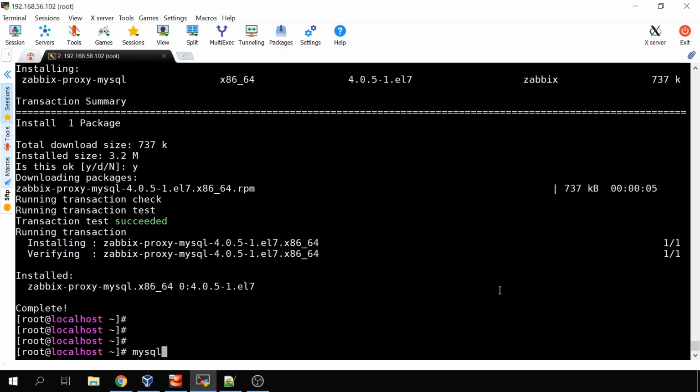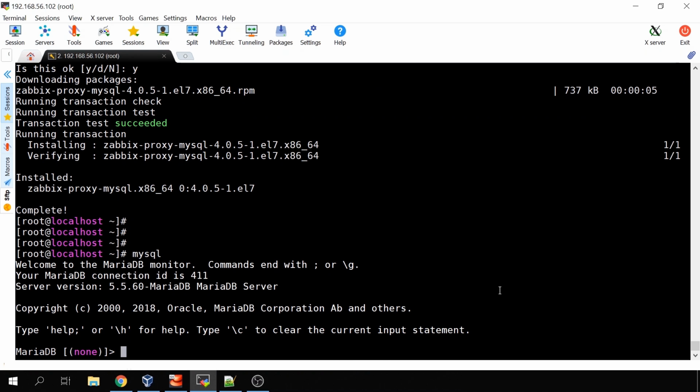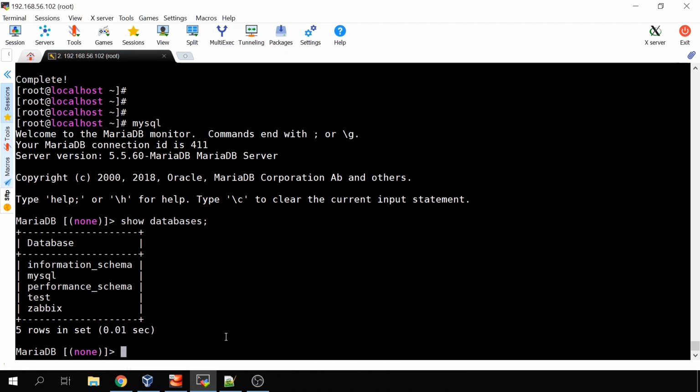And after we've installed the proxy, I've talked about a database in terms of the proxy, which means that we also need to create a new database for our Zabbix proxy. And we will be using the same MySQL database engine that we used for our Zabbix server installation. See, that's the same database. Show databases. We can see our Zabbix DB, which is used for the server,